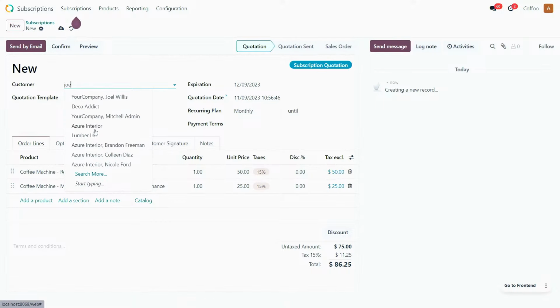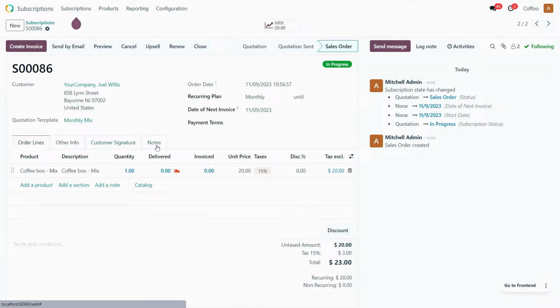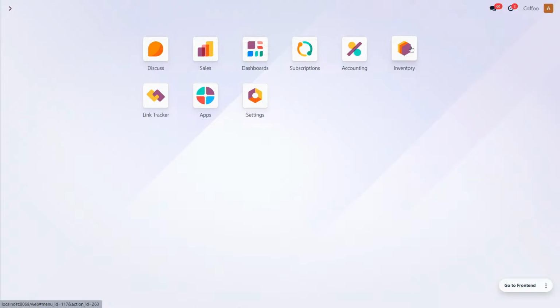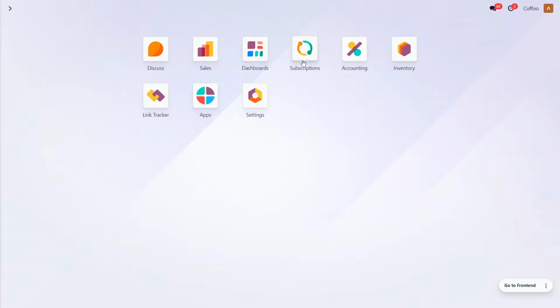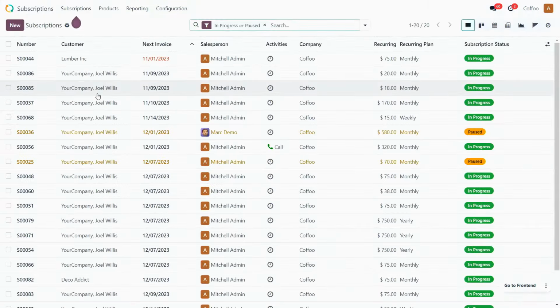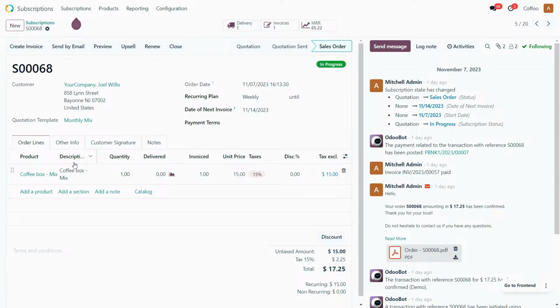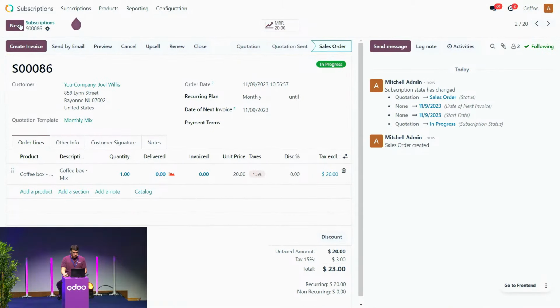Let's try again. Monthly mix. Okay, I have a situation here. There is something that is not well configured, it seems. Normally, you should have your delivery order related to your subscription created. Let me check. So here we have an example, the coffee box mix. So when the, oh no, I know, sorry. I made a mistake. Excuse me. So if I do it again,